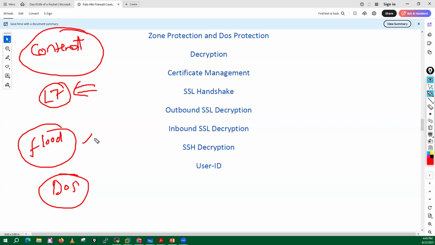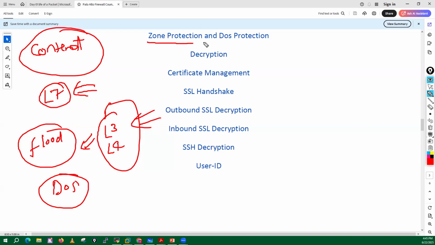Let's suppose somebody has modified the layer 3 header or layer 4 header. How can we protect from those types of network level attacks at layer 3 and layer 4? For that, we have to understand zone protection and DoS protection.